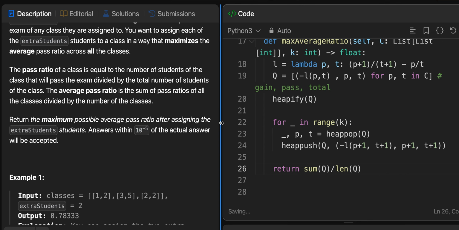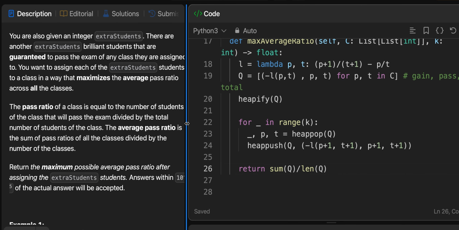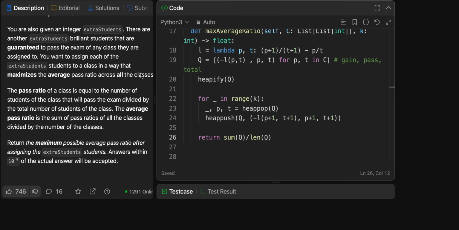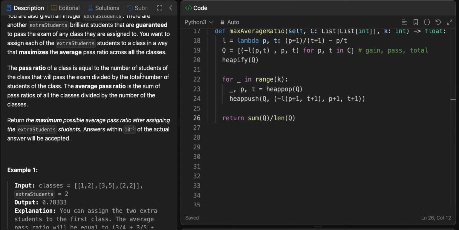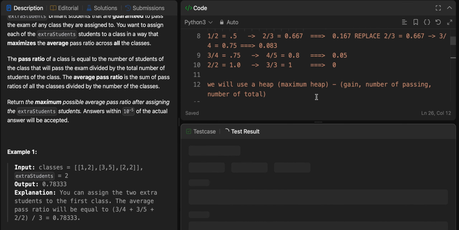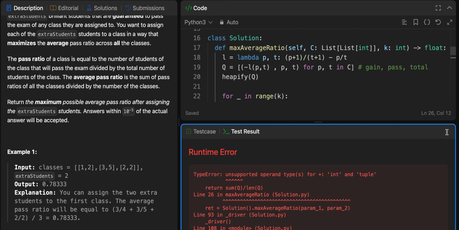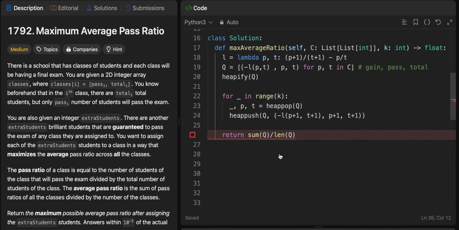I think that's okay. Let's test it locally. What happened here? Hold up. Return sum of q. Oh yes, I apologize. Remember, q is in this format. So what we want to do is just add the passing ratios. So we need to do something like